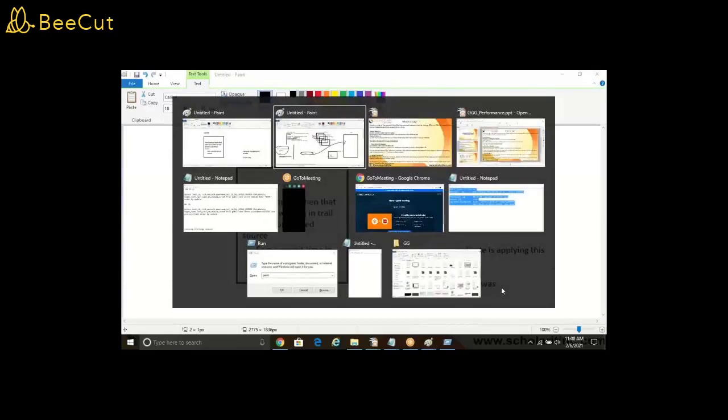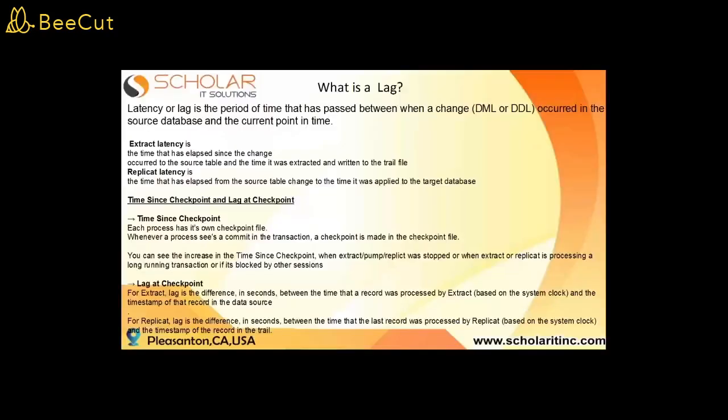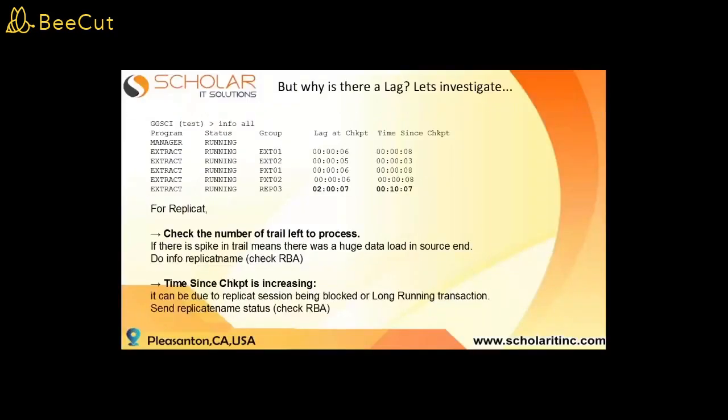Now let's see various cases, when you have a lag and how you can approach it. So the first thing I do, if there is lag in the replicate, as you can see here, 2 hours lag, is I first check how many trail files came. For example,